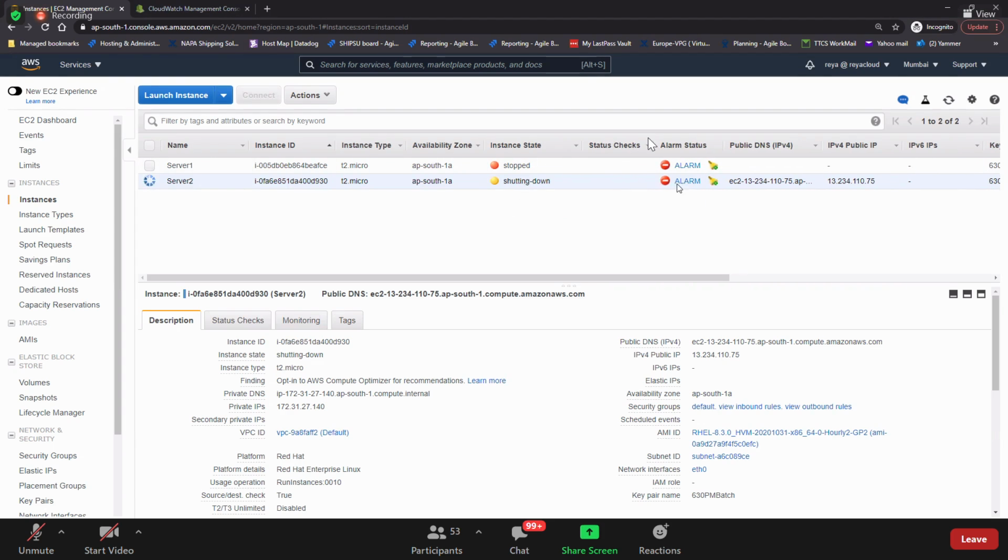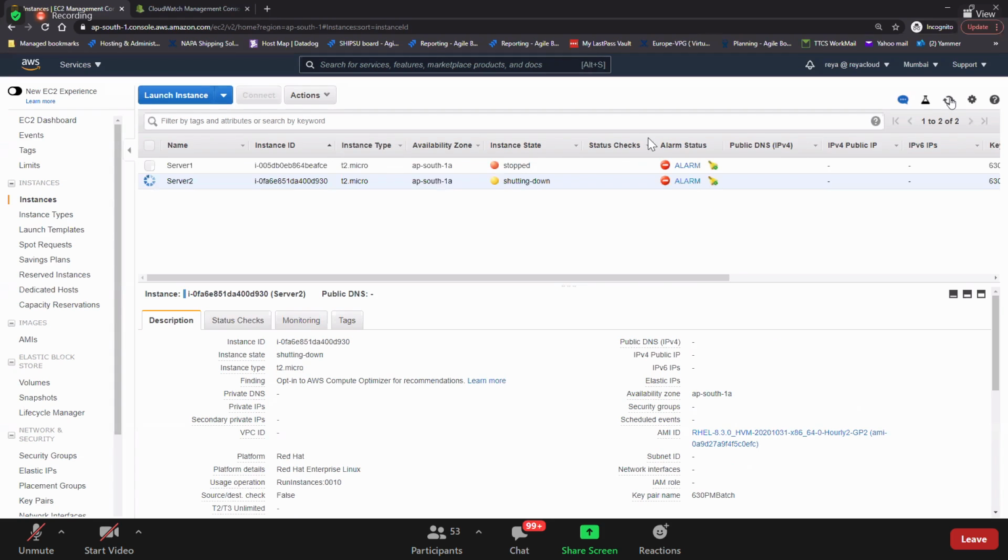Now this is in alarm state and it is now, boom, terminated. Shutting down means it will be terminated. You understand how to create alarms for EC2 from the CloudWatch console, everyone? Now it's gone, terminated. This is how we create alarms for the EC2 instance.